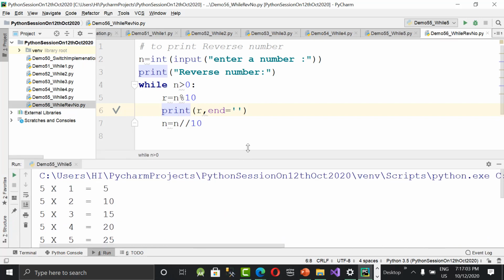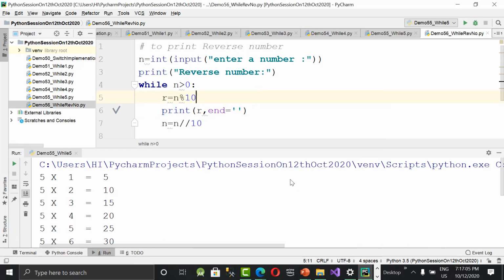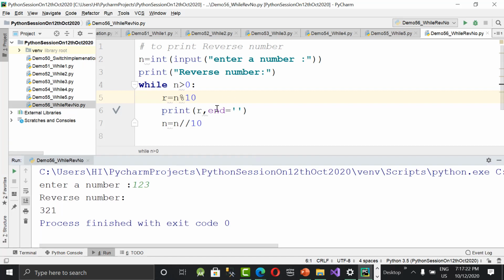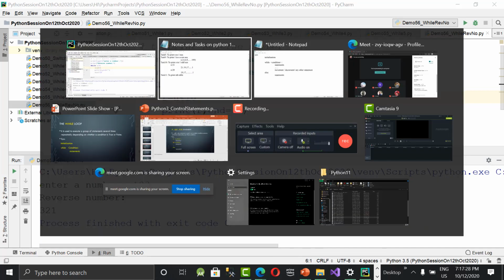Now r equal to n mod 10, let's go to our notepad. So what I've written here: while n greater than 0, then r equal to n mod 10 means we are calculating the remainder.